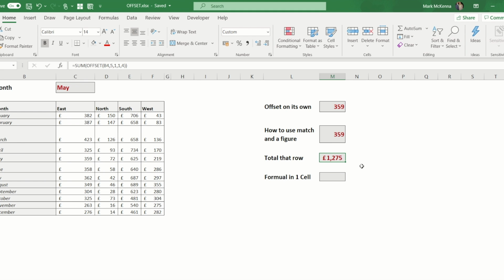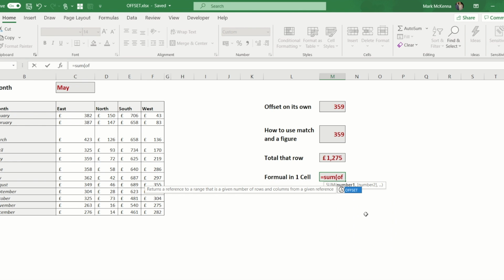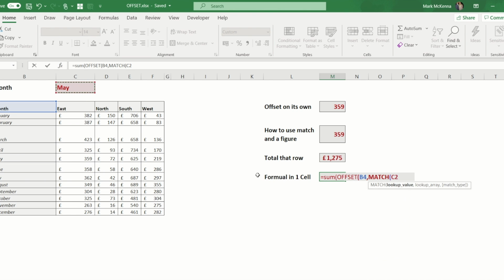Okay, so as a closing thing now, to combine the match formula I did here with the offset and sum that I've got in here, I would do equals sum open bracket. I would then do my offset formula. I would do my reference as B4 again. I would do my row as by doing the match formula, finding the value that is currently in C2,